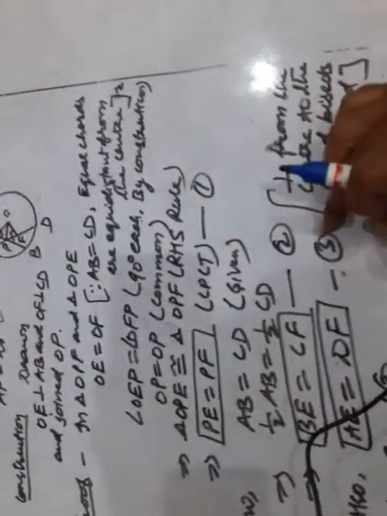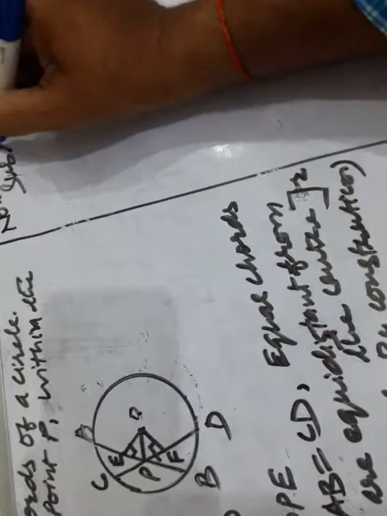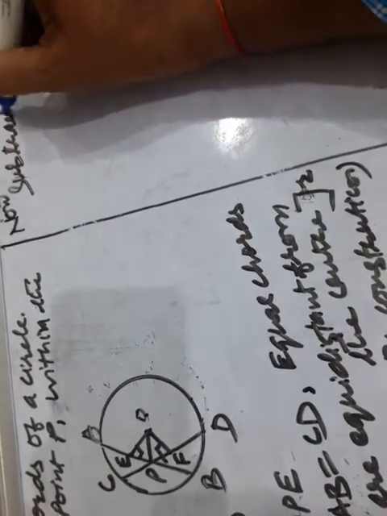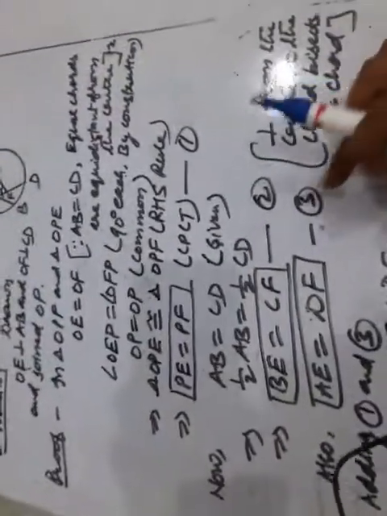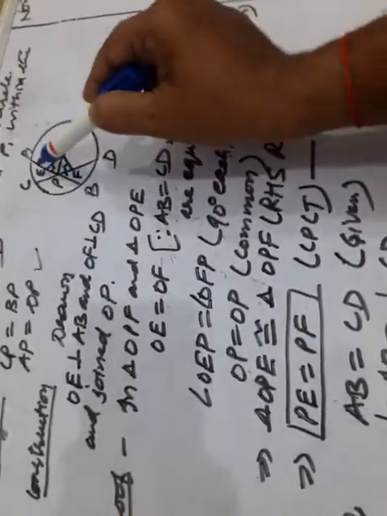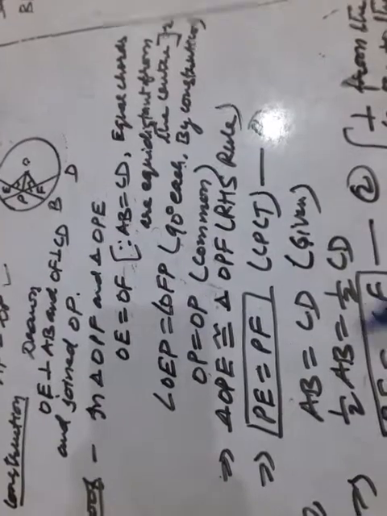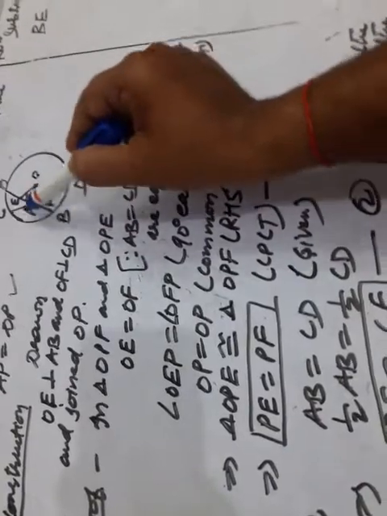Now equation 2 minus equation 1. Now subtracting 1 from equation number 2. What is equation number 2? That is BE. See, we are subtracting 1 from 2. Now where is BE in the figure? BE is this one. Now we are subtracting PE from BE. BE is the bigger distance. We subtracted PE from here, then BP remained.